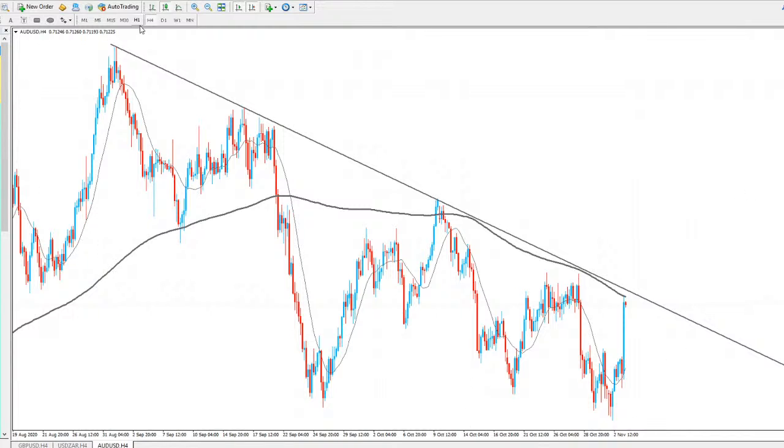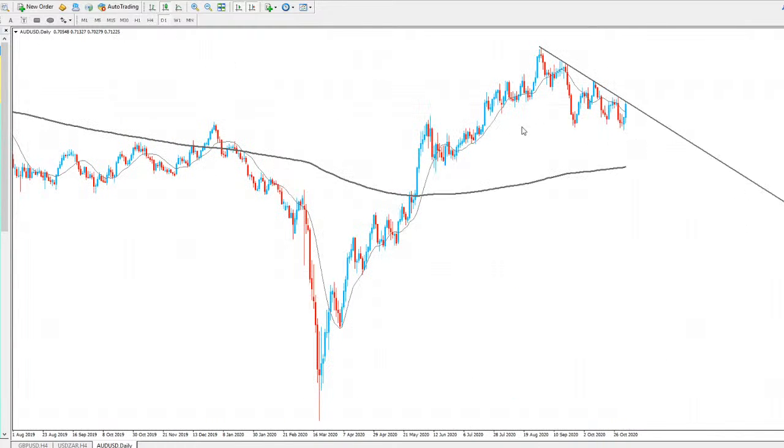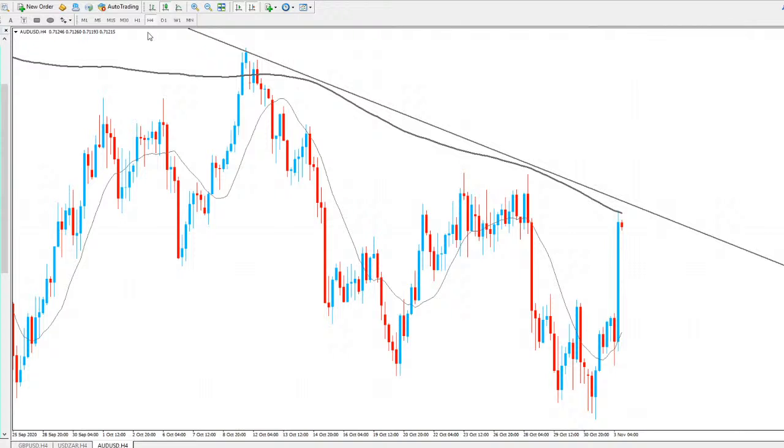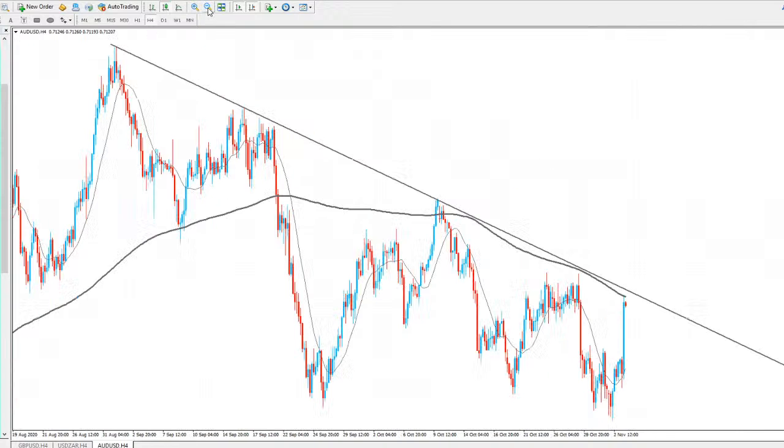But for me, my bias is probably still to the downside for AUD/USD. Still probably expecting a break of this area here. And when we do, you could probably see a longer move to go and test the 200 average, or maybe test the lows of price all the way down there. That's still a possibility, and probably what I'm looking for from a longer time frame point of view. But again, we're looking very bullish, and I don't want to be buying into the market right now. So maybe some possible selling opportunities at that trend line, but we're not quite there yet. We need to see what price gives us when we do go and test that area.